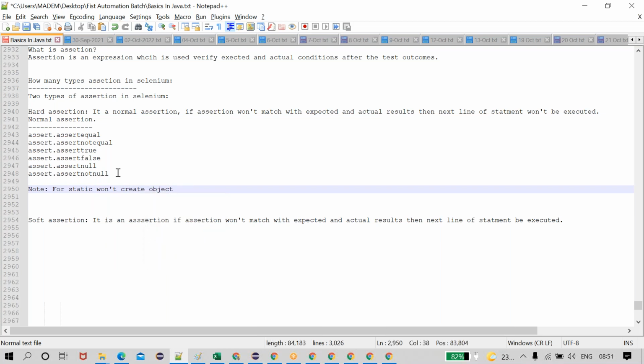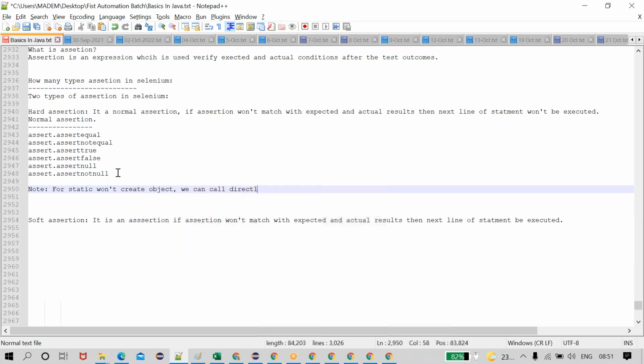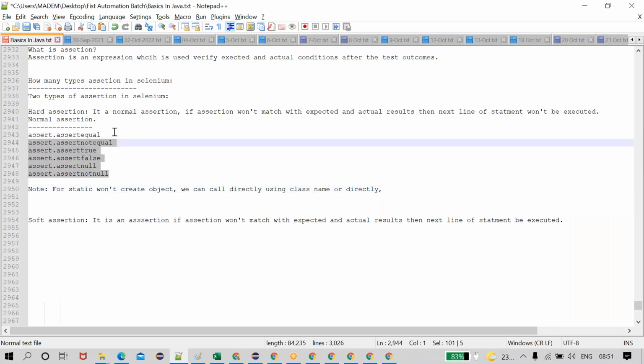For a static method we won't create an object, we can call directly, okay, using the class name, అవునా కాదా? Or directly. ఓకే, క్లాస్ నేమ్ తో కాల్ చేయొచ్చు, ఆర్ డైరెక్ట్ కాల్ చేయొచ్చు, ఆర్ ఆబ్జెక్ట్ క్రియేట్ చేసుకుని అనుకోవచ్చు. సో దీస్ ఆర్ ఆల్ ద స్టాటిక్ మెథడ్స్. సో వీఆర్ కాలింగ్ డైరెక్ట్లీ హియర్ ఇట్ సెల్ఫ్ ఇన్ ద కోడ్.